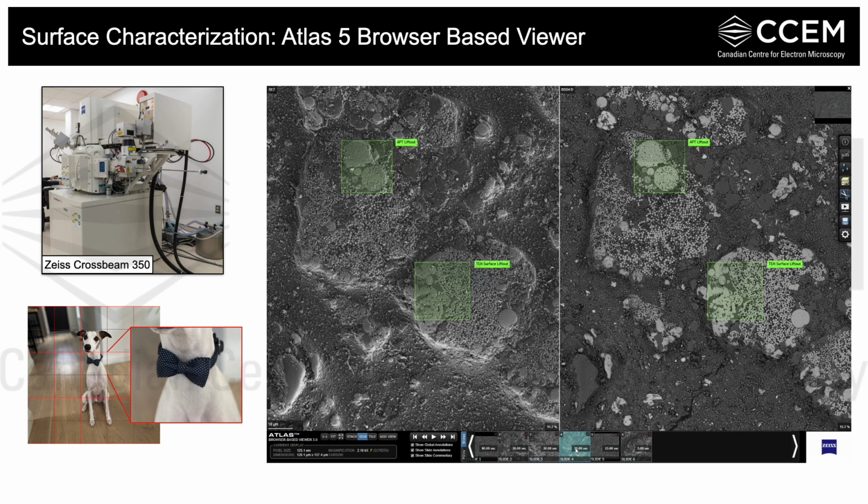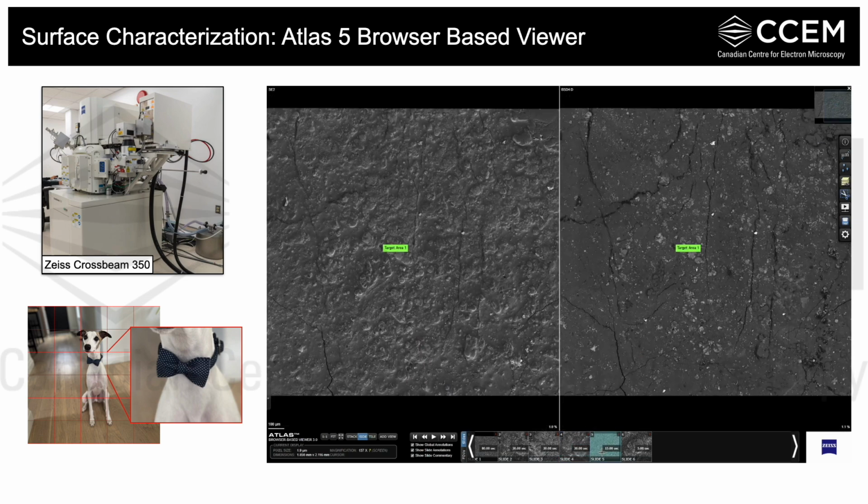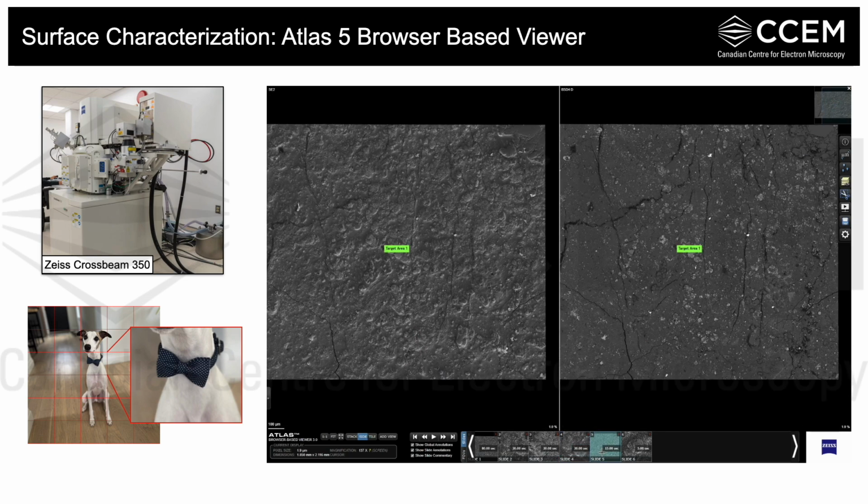And since this data is exported into a web-friendly form, and I'm viewing it in a browser-based viewer, I can now easily share this large amount of data with collaborators, allowing them to jump right back in, zoom in around the data, draw their own conclusions, leave comments, and make annotations for me to see.